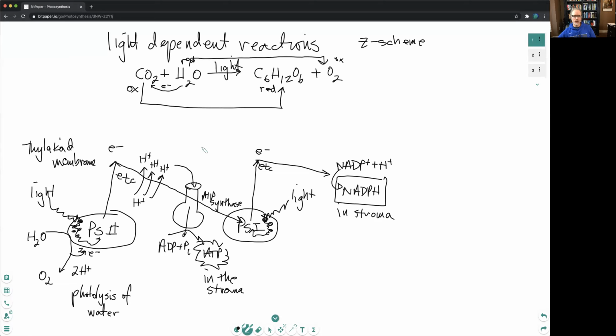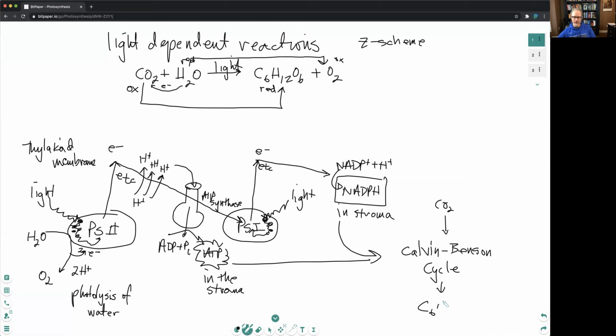All right. And so what's happening now is these things will be used, the ATP and the NADPH, those are both going to go to the Calvin-Benson cycle, which we'll talk about shortly, but those are going to be used to help us bring carbon dioxide in so that we can run it through a complex series of reactions to basically give us the C6H12O6, the glucose that photosynthesis produces, okay? But before we look at that, one of the things that I want you guys to see here